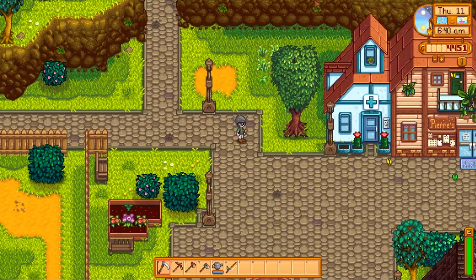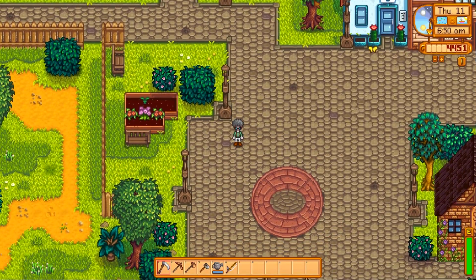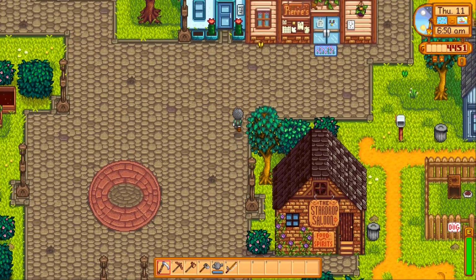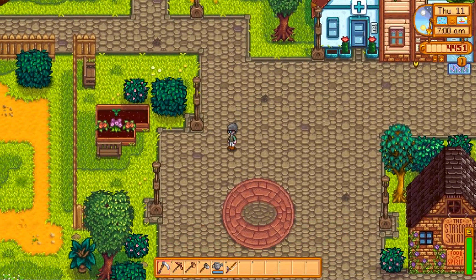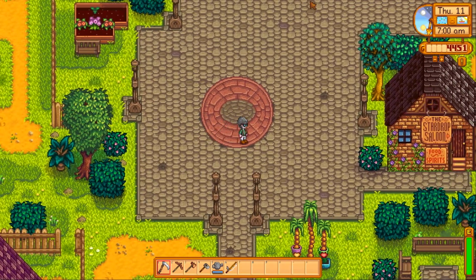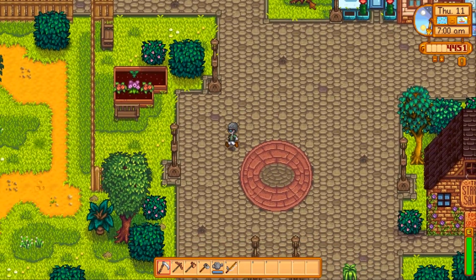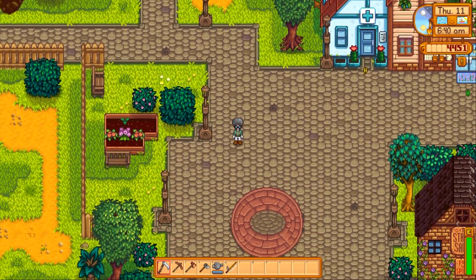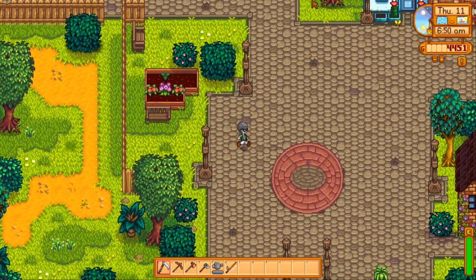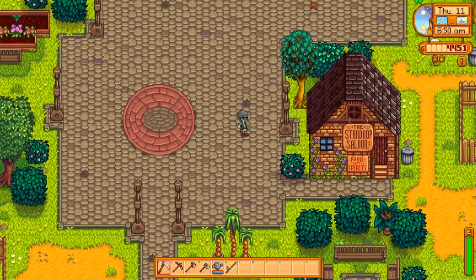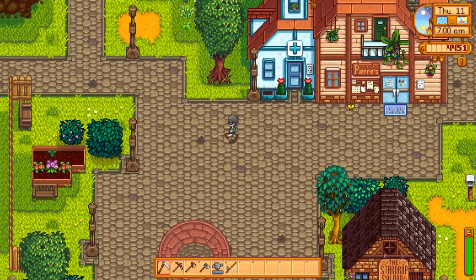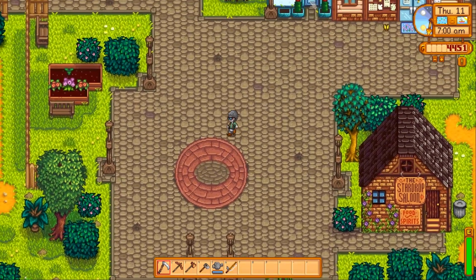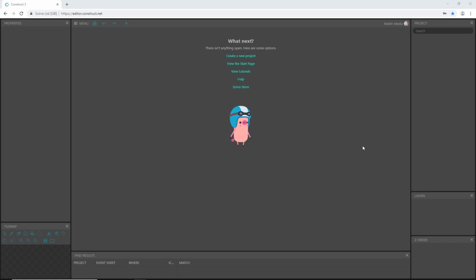So here's an example of what I'm talking about. This is Stardew Valley, and you can see we have an 8-direction free-flowing movement with our character, but when we run or walk in diagonal directions, we are still using the side animation instead of the walking up or walking down animation. And there is a way to control that to make sure that you get that animation, because it would really just look a little awkward if the character was facing up or down while you're moving in a diagonal direction. So let's go ahead and get started here.